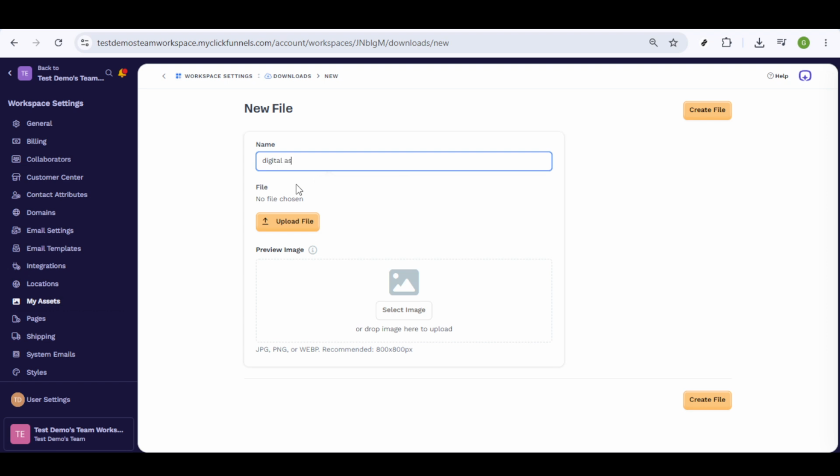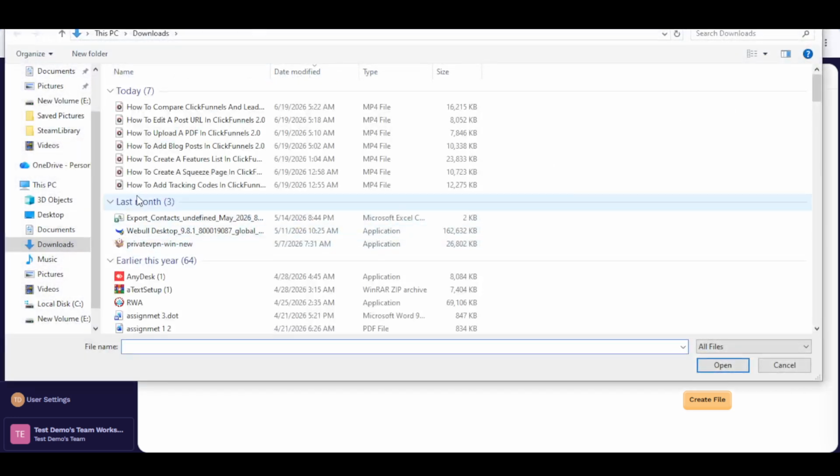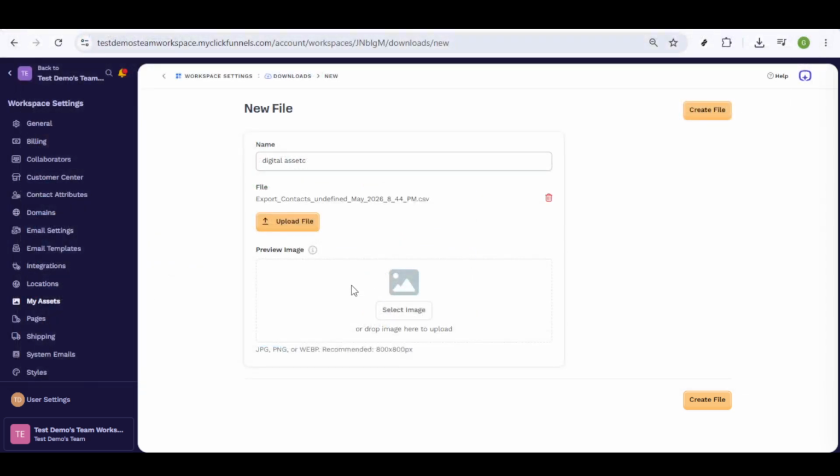This could include titles or descriptions, whatever helps you identify the file later. Adding clear, descriptive names will save you a lot of time and effort down the line when you're sorting through your assets. Finally, you'll need to click on the Upload File button once more to confirm your file choice and